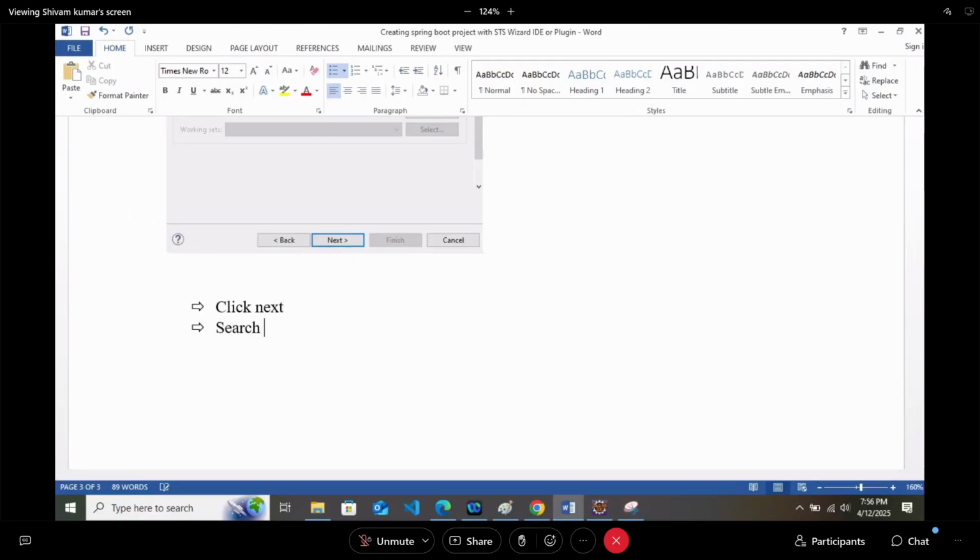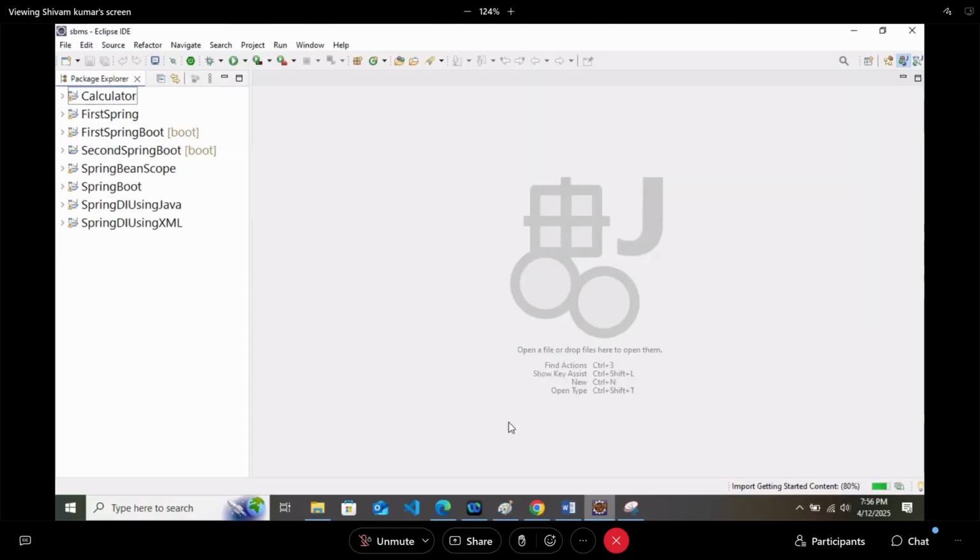Search for the Spring Web dependency and add it. Click on finish. So this is how we create the second project. It will take a minute, depending upon your internet and your machine speed.